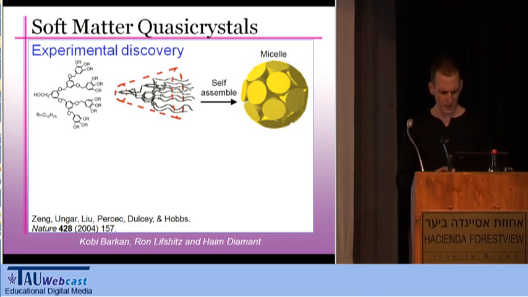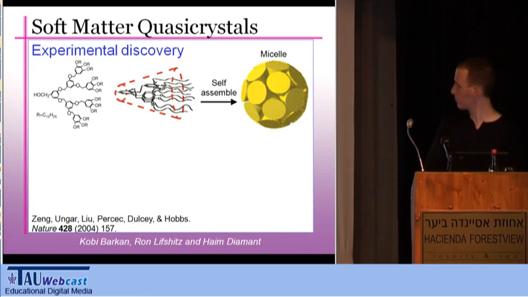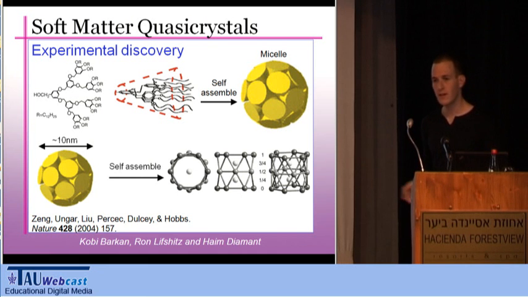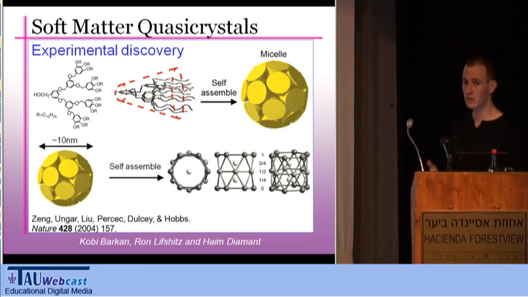About 6 years ago, this group of people discovered that if they take a specific type of dendrimers, this type, in a solution, these dendrimers assume a conical shape. Now, these conical molecules, right, they self-assemble into micelles. Now, most of you know about these type of micelles, but what this group discovered, and it gave them a Nature article, so we advise it is important, is that these nanometer micelles self-assemble into complex structures. One of them is not a crystal, but a quasicrystal.